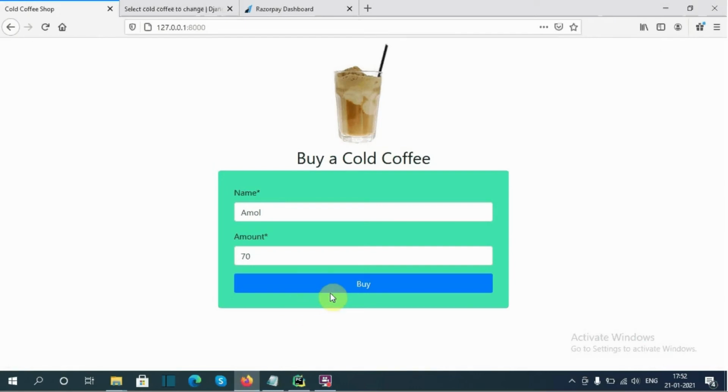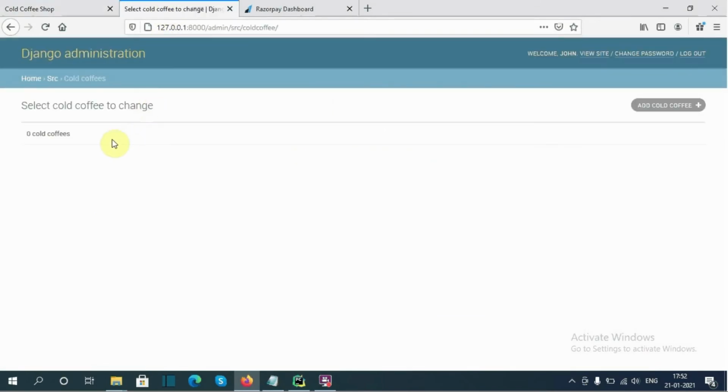And here I will click on this buy button. Now let's check our order details data in our cold coffee database table. Here there is no cold coffee object, so I will refresh here.